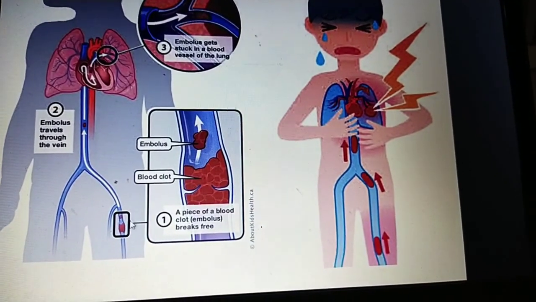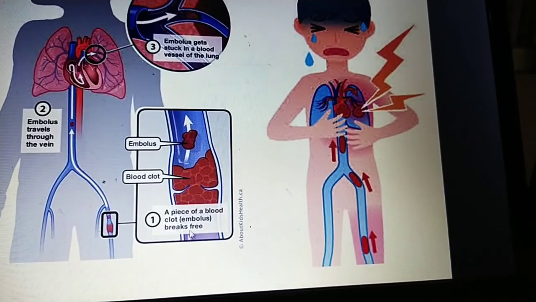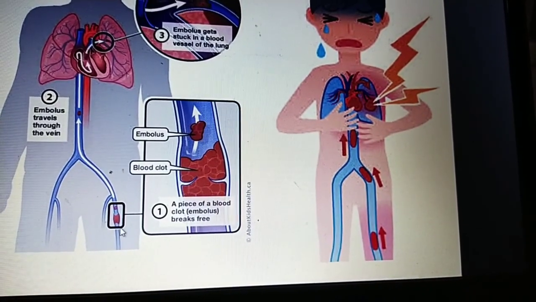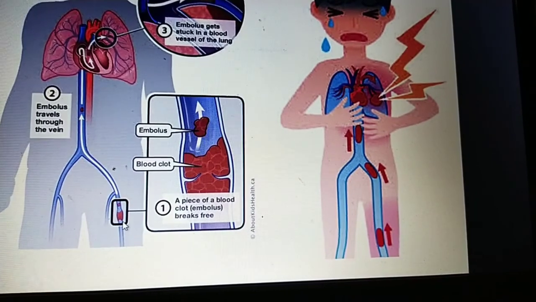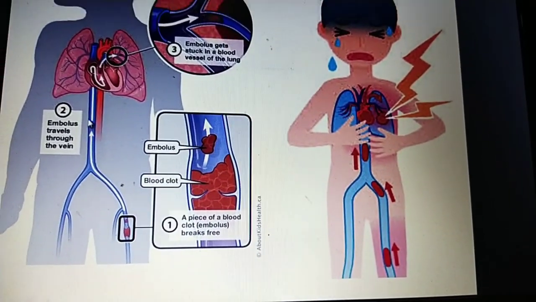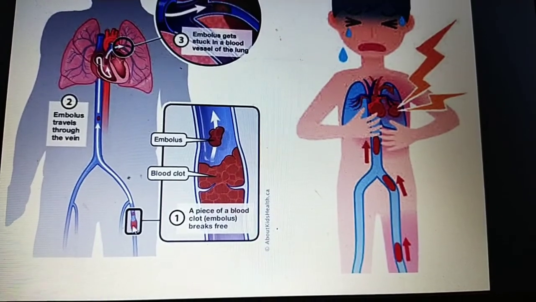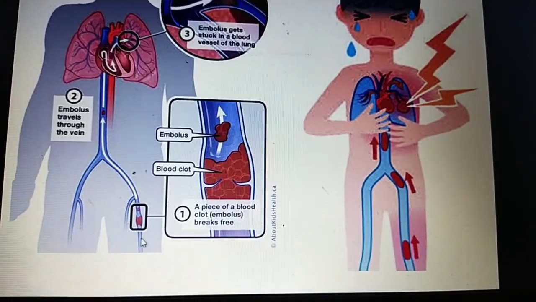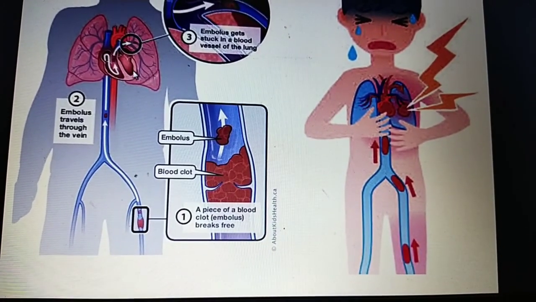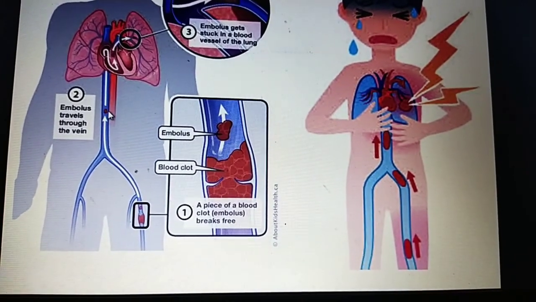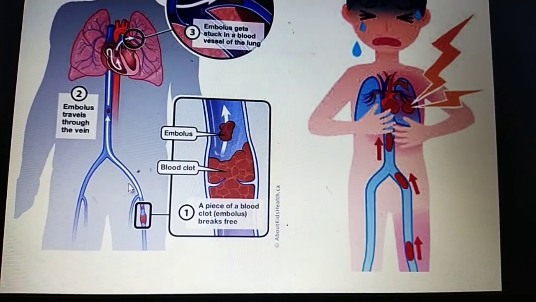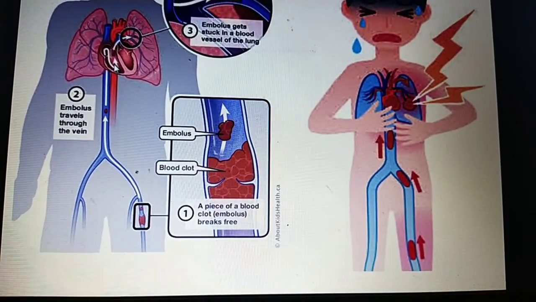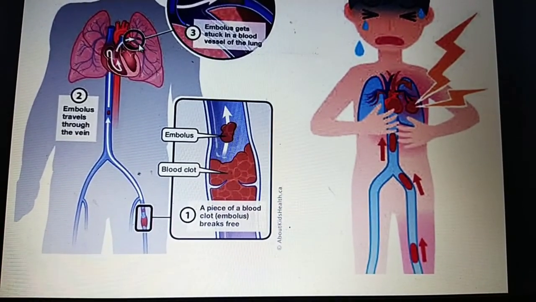Deep vein thrombosis means thrombosis in deep veins, which may be in the thigh, the abdomen, or the thorax. That causes thrombosis to the lung. These thrombi come from the deep veins of the thigh to the inferior vena cava, to the right atrium, to the right ventricle, to the pulmonary trunk, to the pulmonary artery.